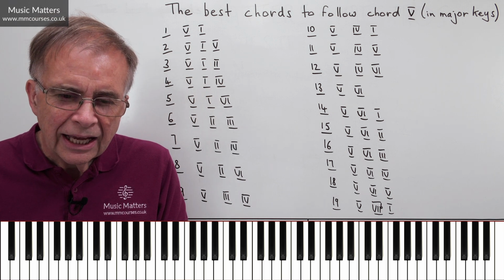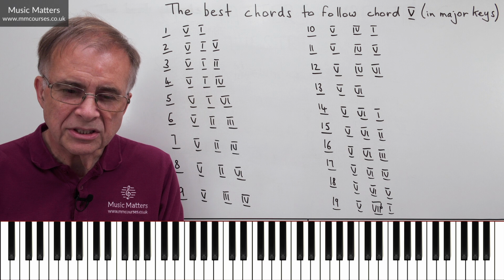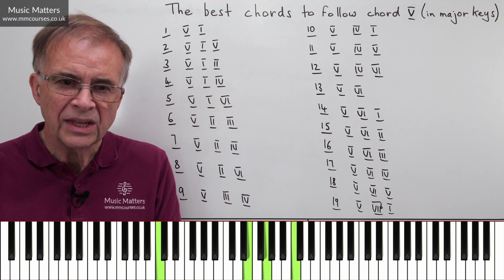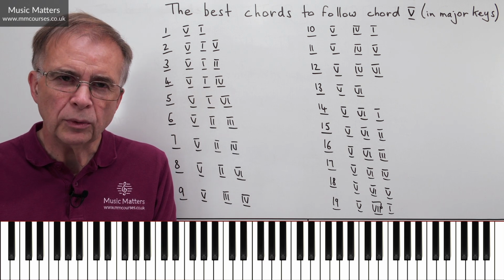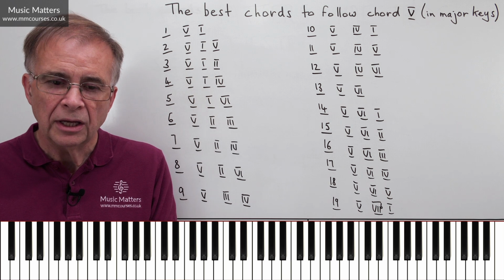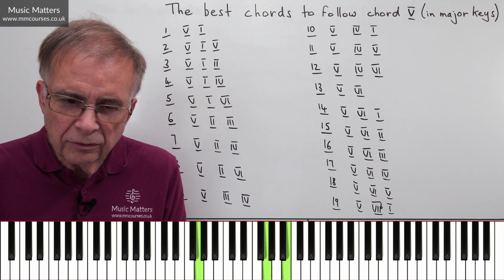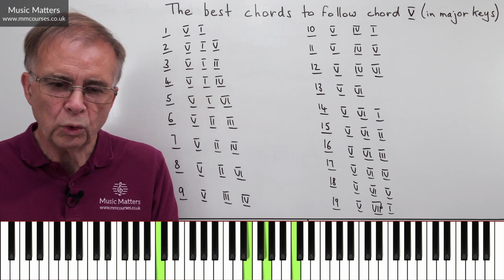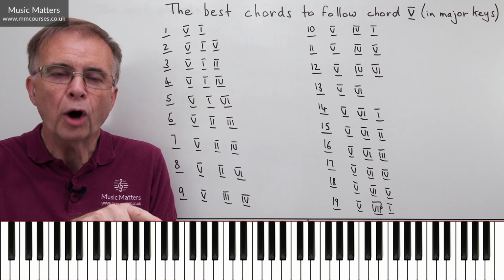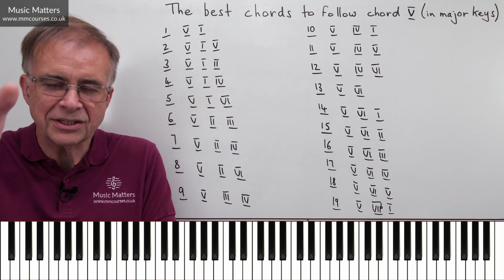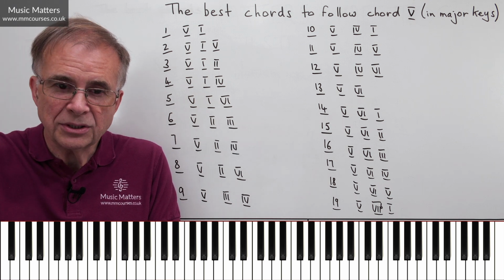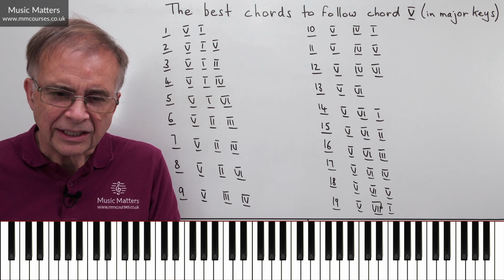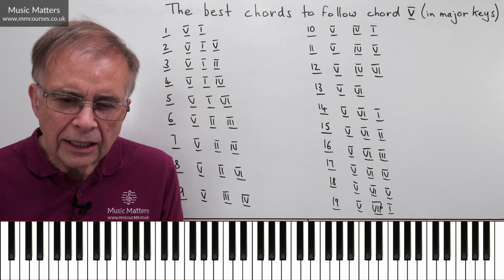Option 14, what we're doing here is going from 5 to 6 to 1. So 5 to 6 to 1. It's not a cadence, 6 to 1, but what's quite useful about the progression is that we have a common note. So if I go 5 to 6, C is in 6, but C is also in 1. So using that, what we call a common note, a note that belongs to this chord and to the next chord. And if you can put the common note in the same part, same voice, that's always a good way of binding things together.